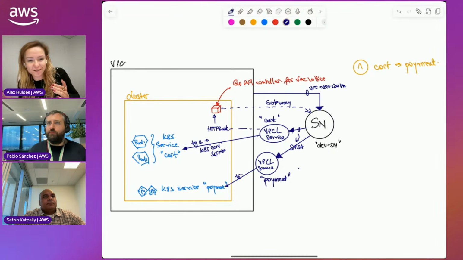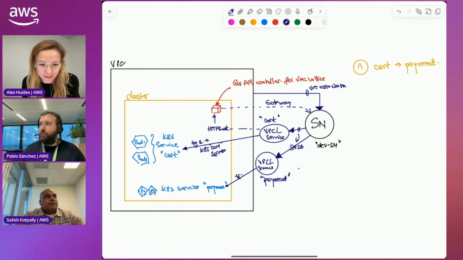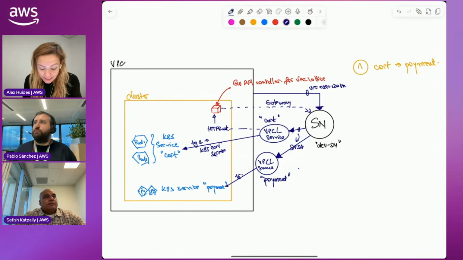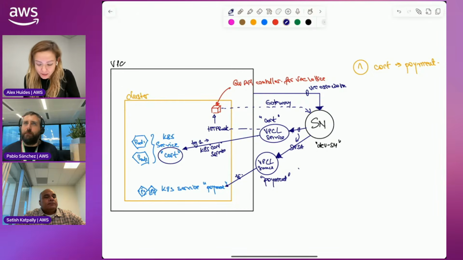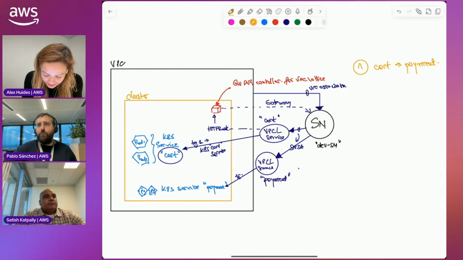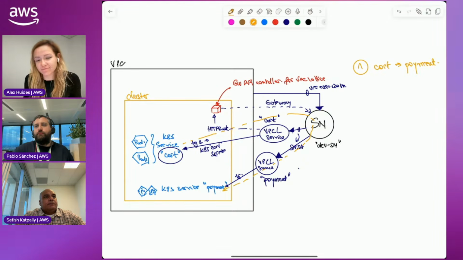The VPC association allows clients in the VPC to consume that service. So technically, cart in here, if it resolves to the Lattice-generated DNS name of payments, or your VPC DNS is configured as such, cart could go talk to payments through the service network, and that works totally fine.